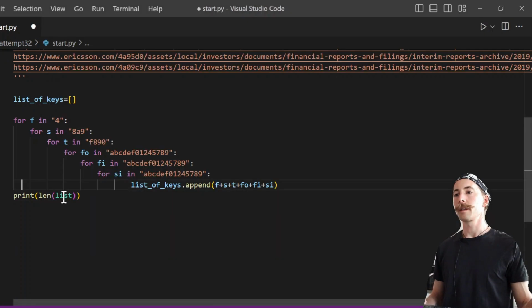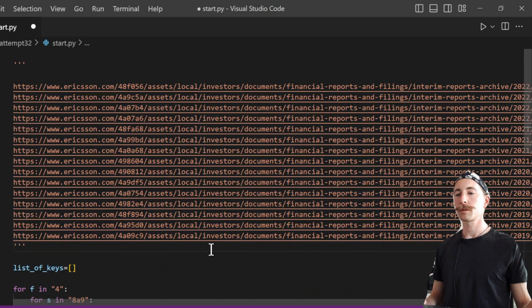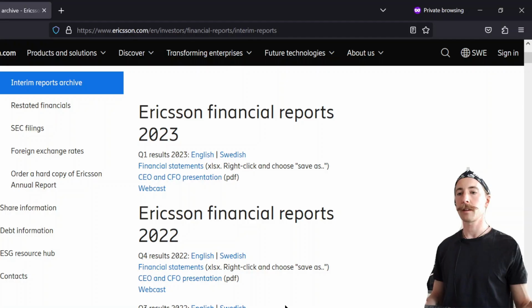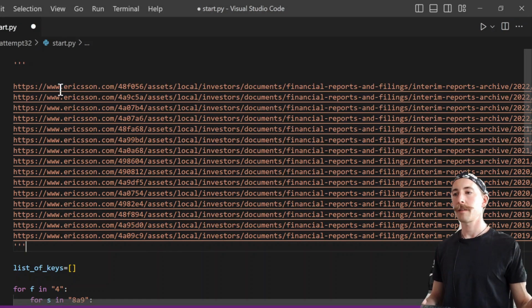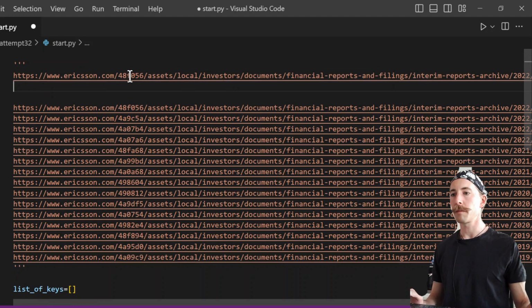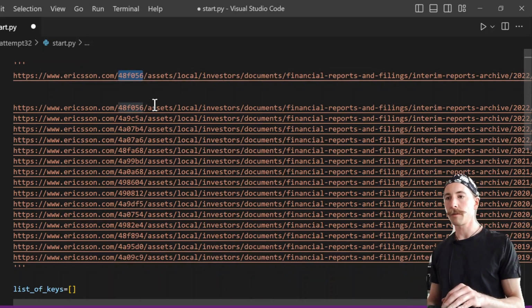The next file, these are all financial reports published each quarter, so let's pretend we don't know the latest URL, just for educational purpose. So it will be this code here that we are trying to find,